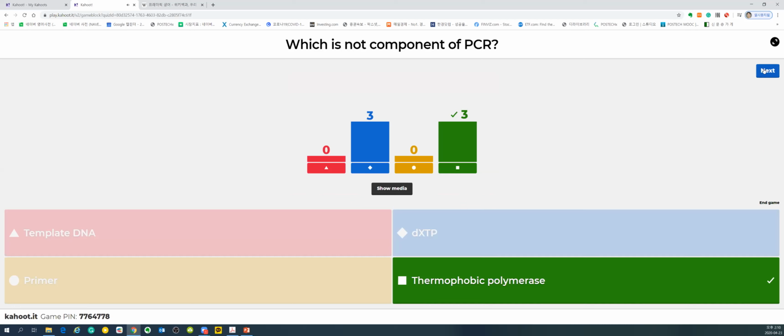Okay, maybe the term dNTP is not familiar to you. So if you look at that, this is deoxy ATP, GTP, CTP, TTP. So for that kind of random nucleotide, sometimes we use N or X. So this is a triphosphate of building blocks. So this is one of those components. And here, if you chose this one,